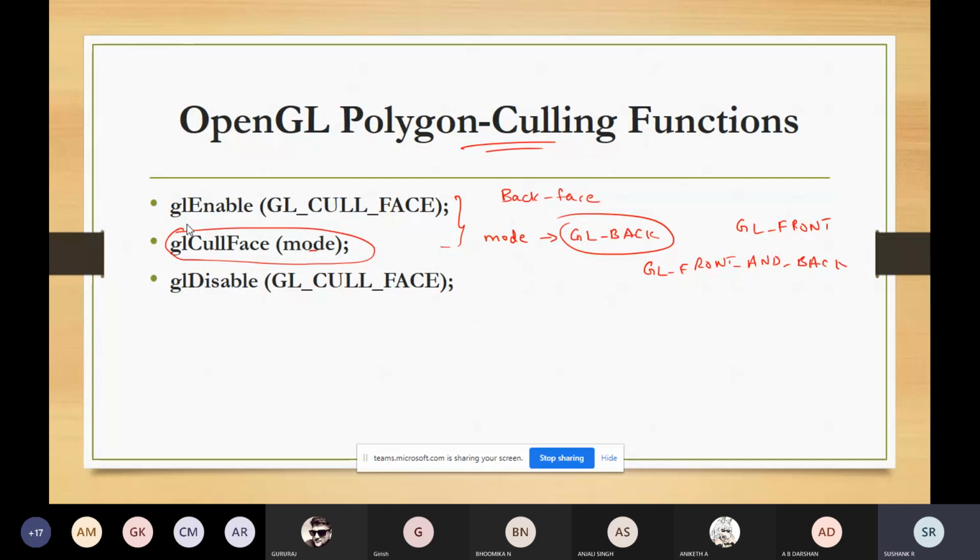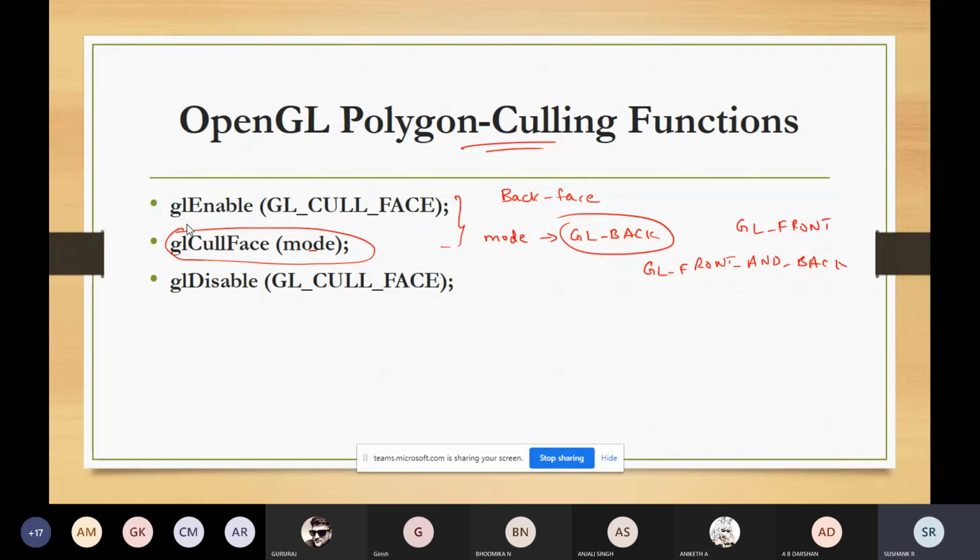After this function has been called, you can disable it by using the glDisable function. So this is how you can use the glCullFace function, and the three parameters for the mode will be GL_BACK, GL_FRONT, and GL_FRONT_AND_BACK.